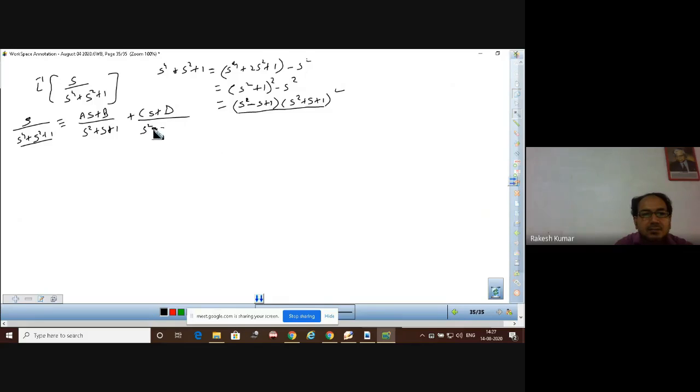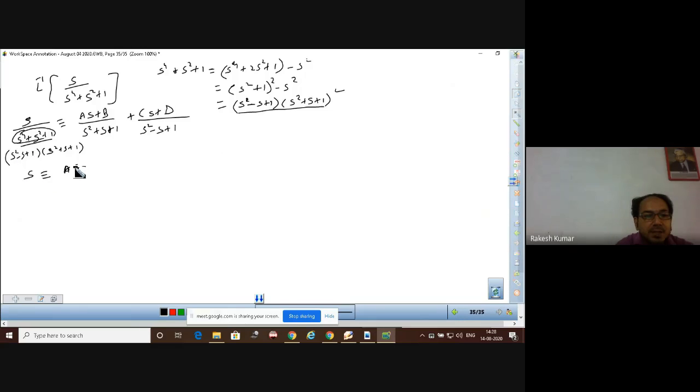is s square minus s plus 1. Now you can cross multiply the terms so that you can get the required one. Now this term is equivalent to... Now you can substitute the value of this term. And what is the value of this term? Or the factorization, we can say this one. So you just need to substitute the value in place of this. What it will be? That is s square minus s plus 1 into s square plus s plus 1. So now we can cross multiply the term.